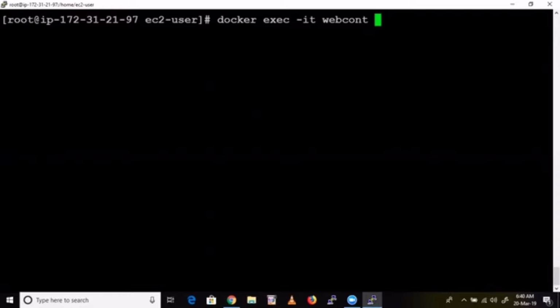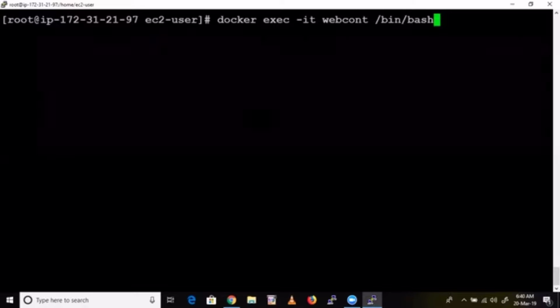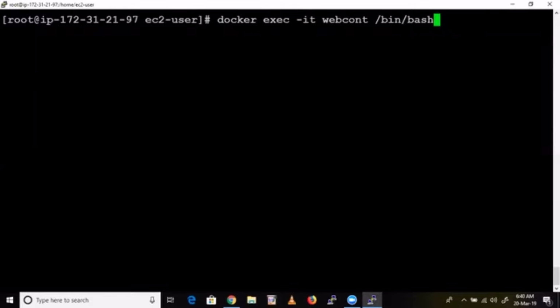And since there is no bash shell inside this one, now we need to give /bin/bash, because earlier we haven't given it, right? If you had given it there, you need not give it here, but you haven't given it there, right? You need to give it here. Okay, and one more thing, I told you, right? Double slash is not required.